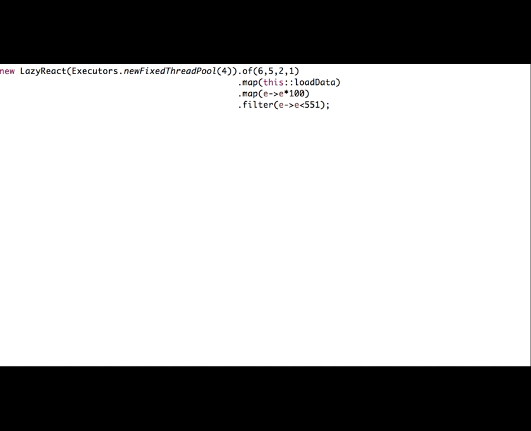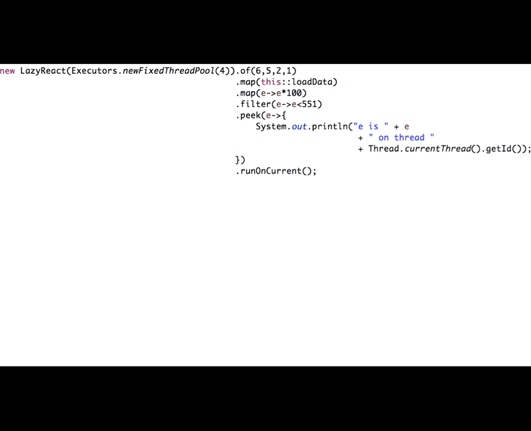If we want to see what that looks like in some code, we can create a FutureStream. In this case, we're giving it 4 threads to execute on, with the same 4 values that we had before. We're going to do an asynchronous IO operation in there. When we get a result back, we'll multiply it by 100. We'll filter out those less than 551. And then in our peek operator, this time we will also output the element and the thread that it's been